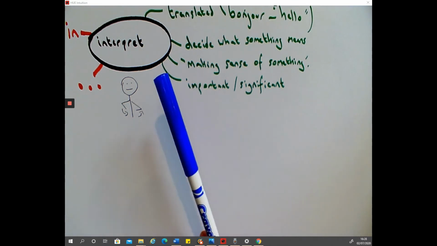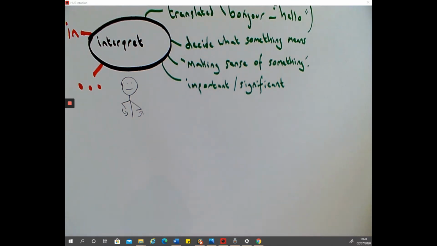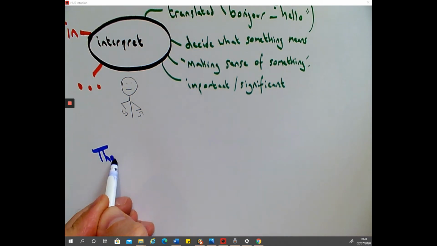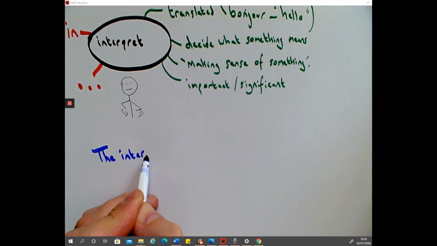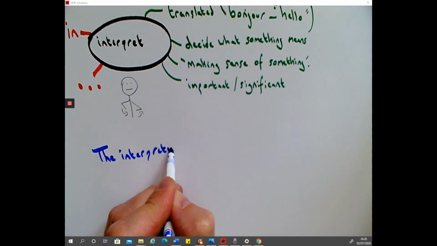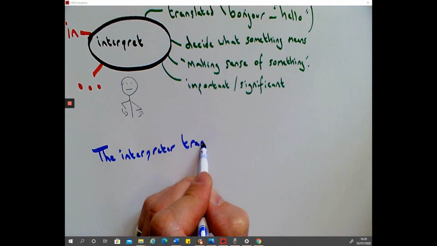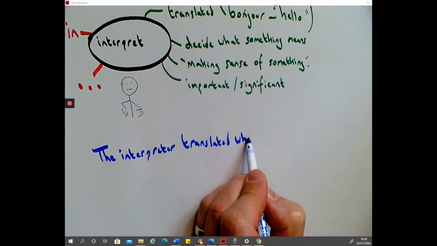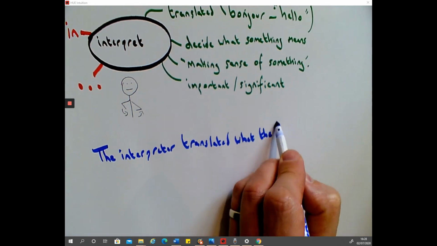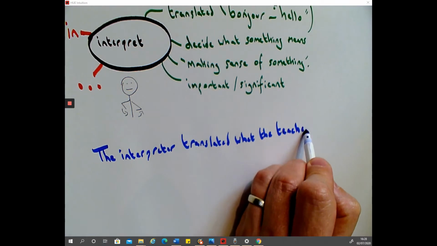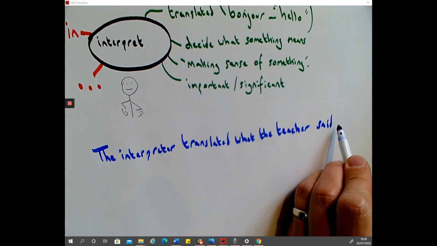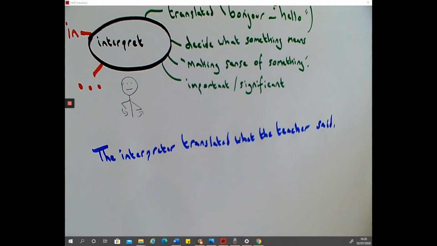Thinking about how we use the word, blue for how we use. Well, we might talk about the interpreter translating something. The interpreter translated what the teacher said. Maybe they translated it into sign language. You might also have to interpret something